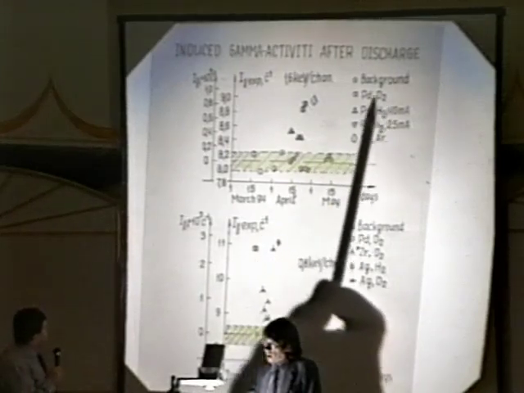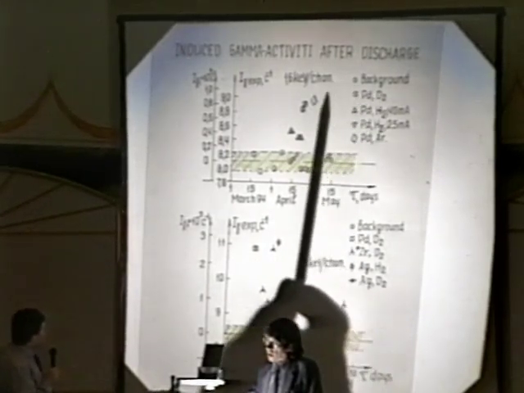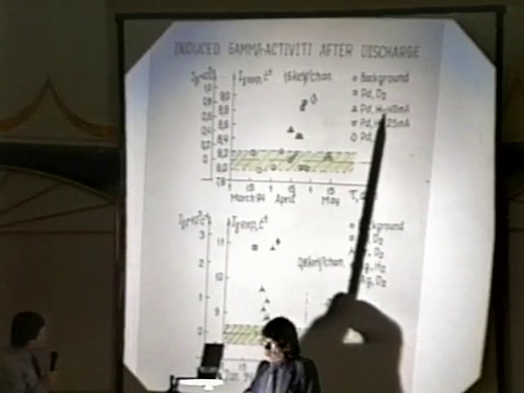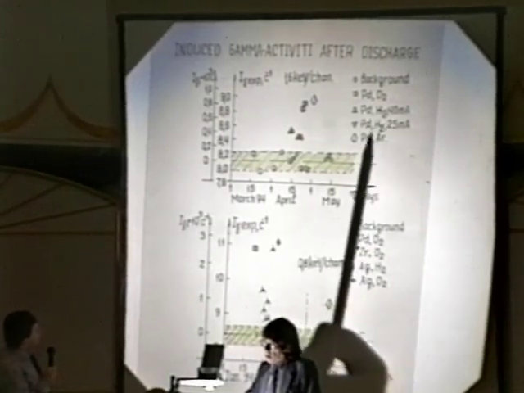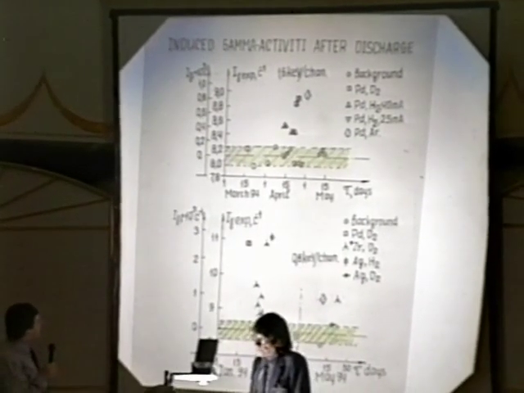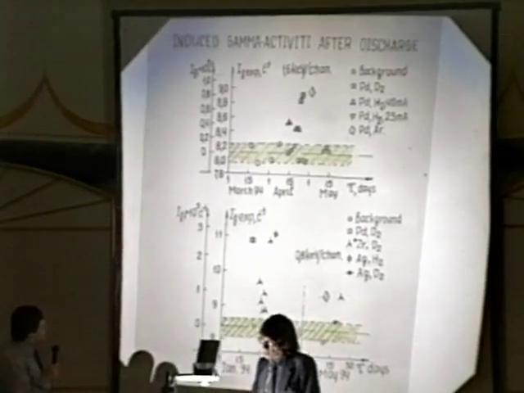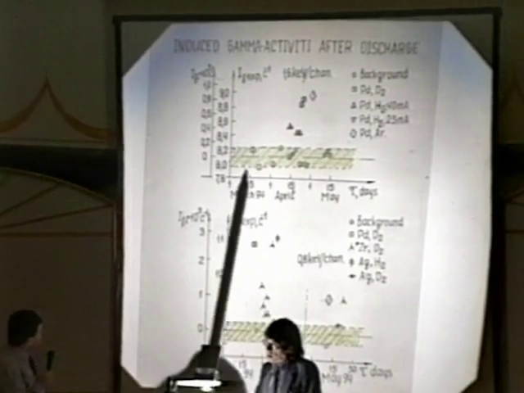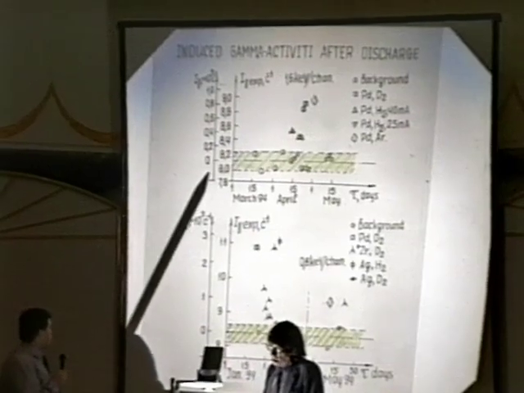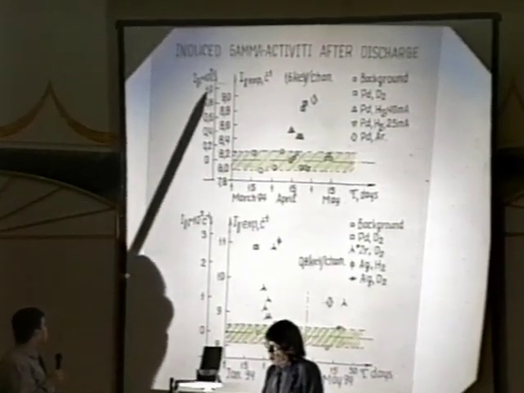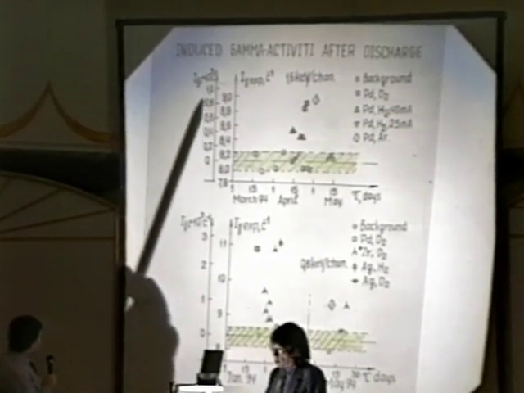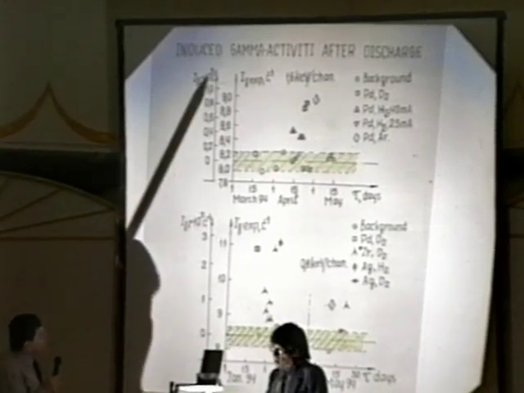So here is shown that we can see gamma emission for the palladium-hydrogen system, at high current density of milliamps and low current density, and also in palladium-argon atmosphere, which significantly increases above the background. This axis represents calculated